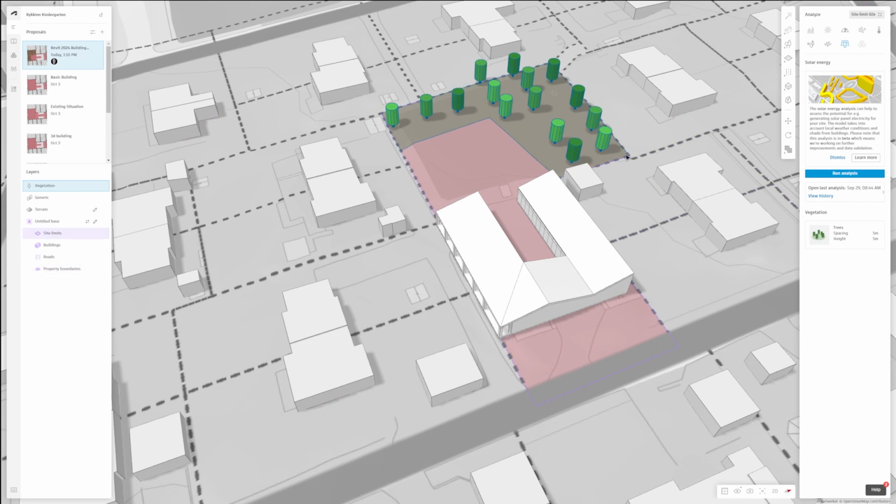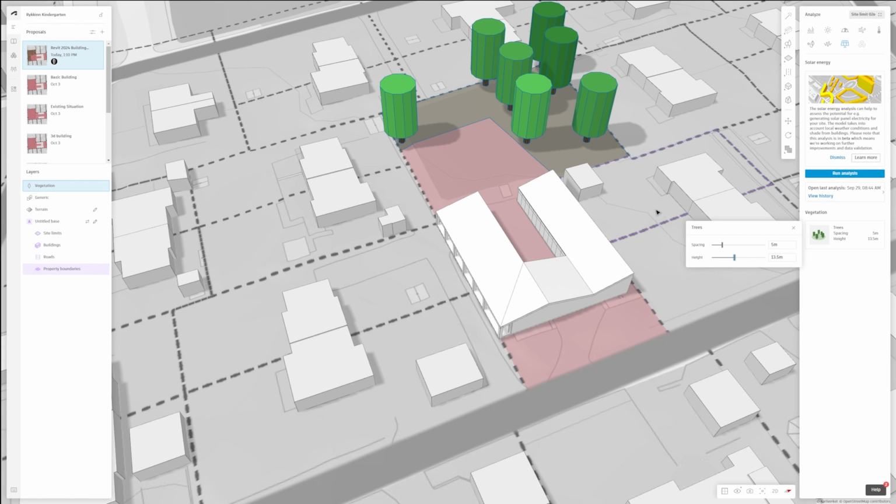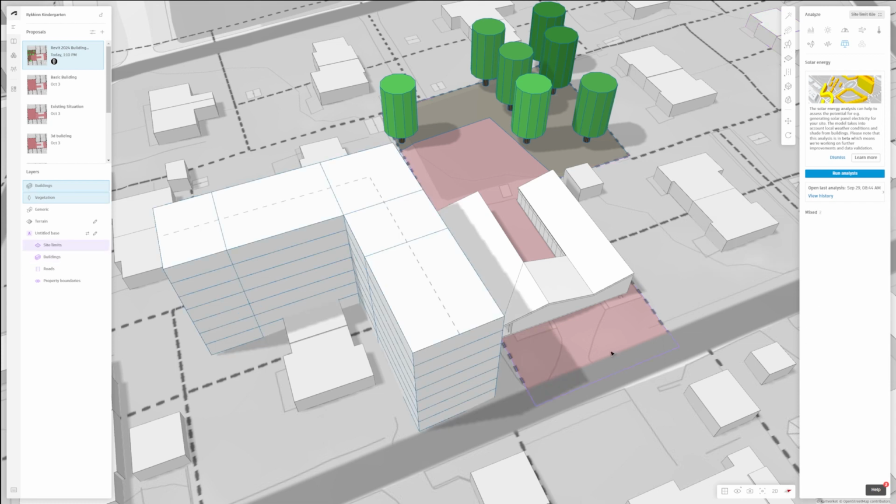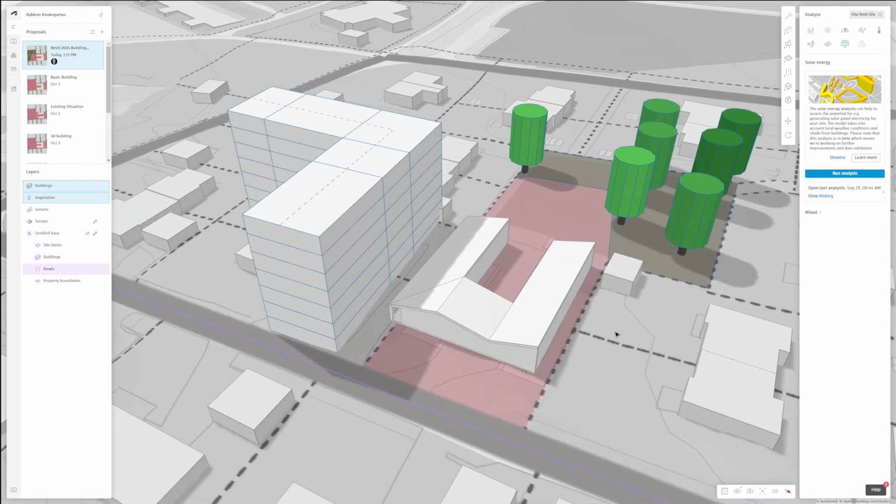A close to real life simulation where you can change your surroundings to account for a future state that may be different from your current state. For example, what happens if trees grow to twice the size, or your neighboring lot builds 7 floors next to your project? Solar panels can capture some of the solar energy and convert it to electricity.